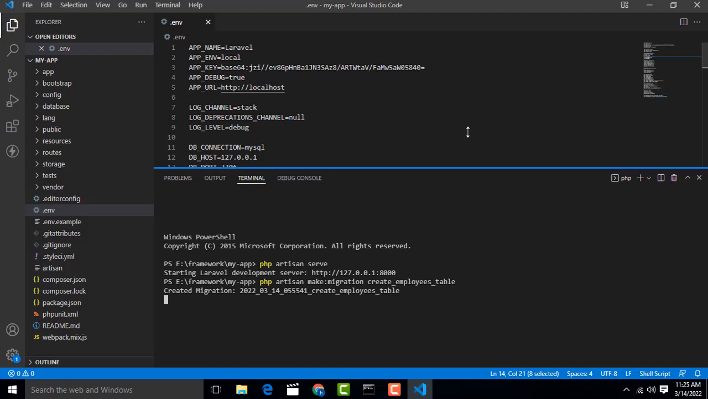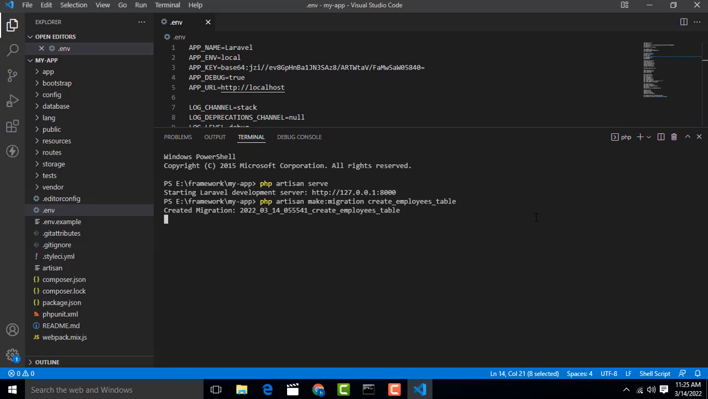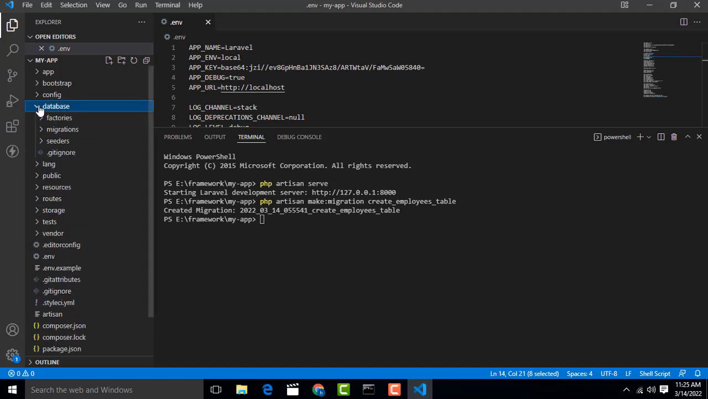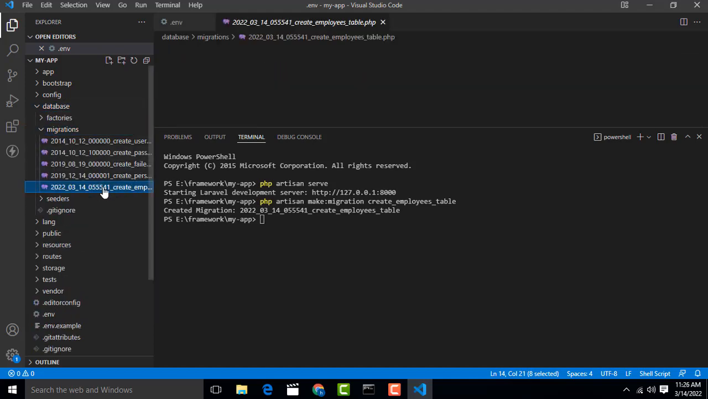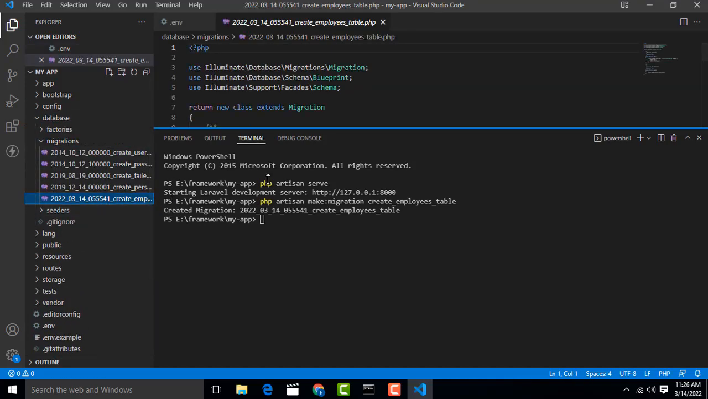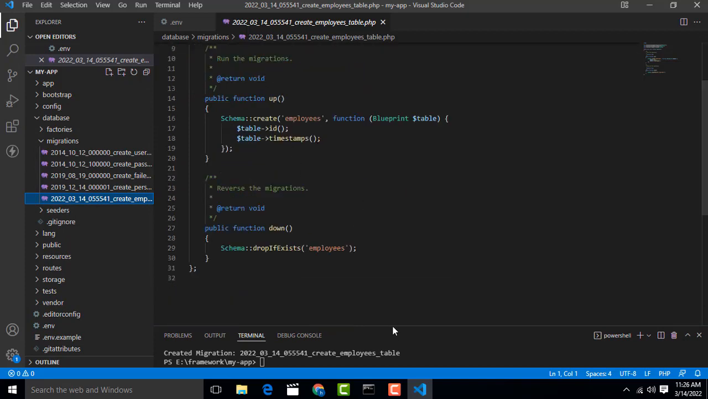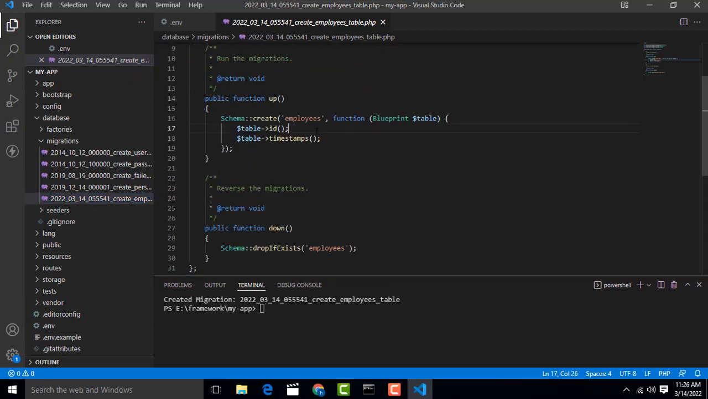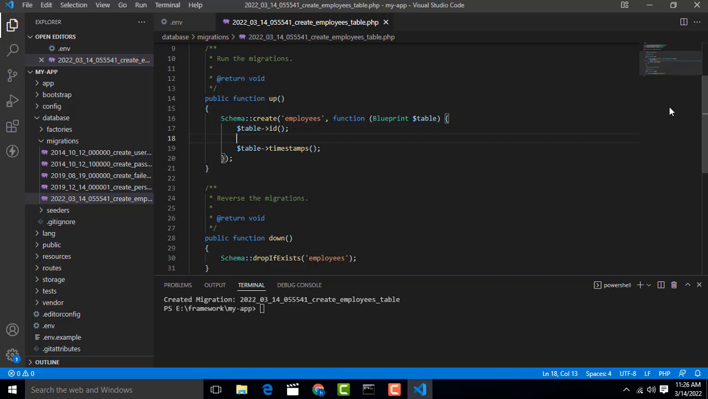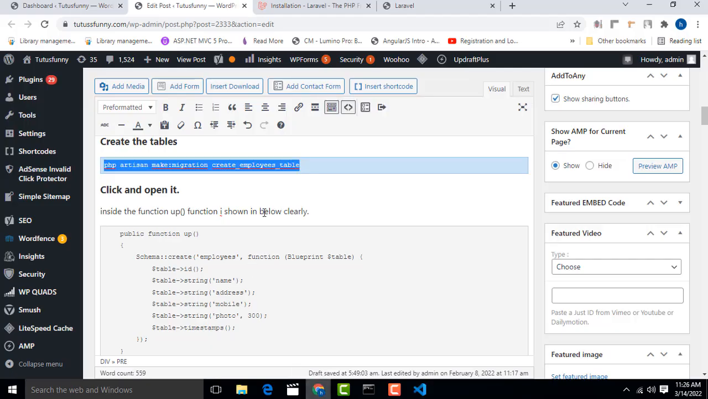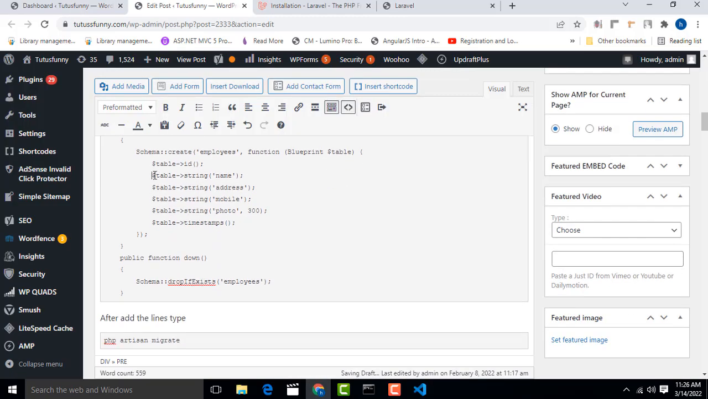You have to wait until the migration file has been created. Right, perfect. Then you go to database, migrations, employee, this one. Here you can check the employee table. Now you have to add the columns. So here you just copy this one,